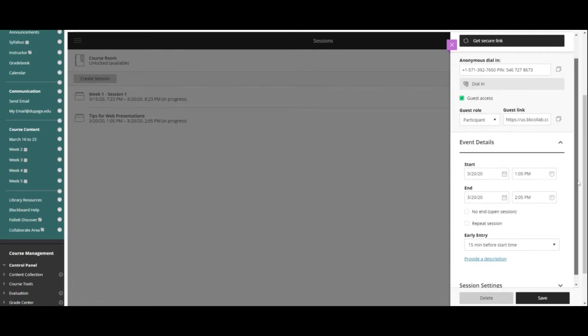So you can either join the session, or dial in anonymously with that number and PIN. You can edit your settings, or delete the session, or copy the guest link. This is the link that you would provide for your students for them to access the session once it's the right time and day for them to join. So that's basically how you would create the overall Blackboard Collaborate Ultra area and